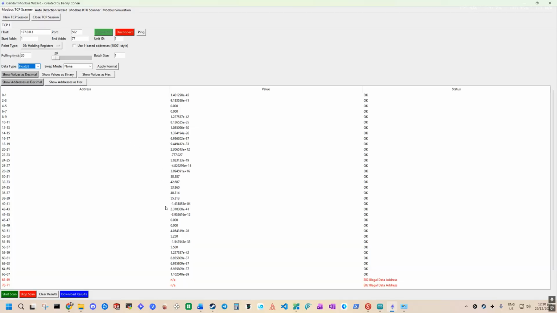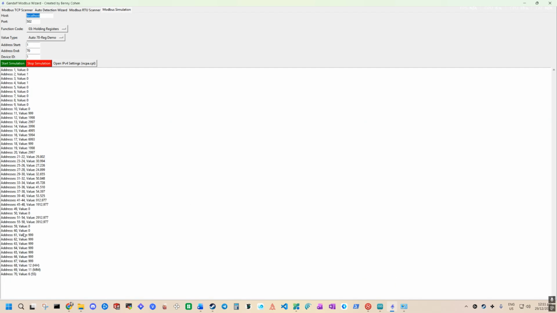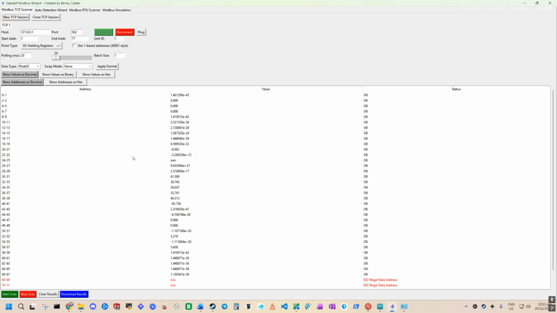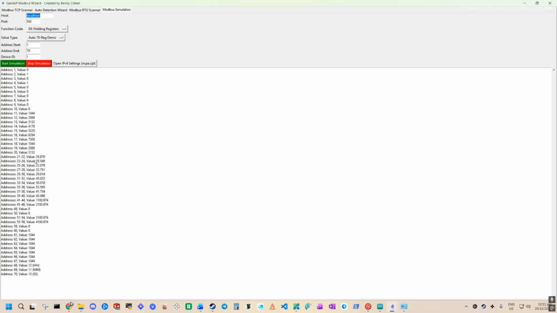And then we can set it as float. And when we set it as float, you see that most of the values are gibberish, besides the block of actual float real values that we have, which is not swapped. So the most significant bit is at the front and the least significant bit is at the back. And those correspond to the block of registers from 30 to 40. And if you look at my simulation from 30 to 40, those are programmed to simulate real values